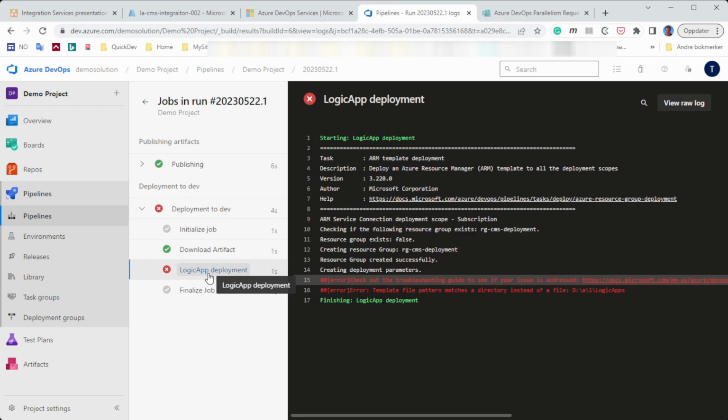Failed. So this deployment will be partly a troubleshooting guide as well. The error message says template file pattern matches a directory instead of a file, and it shows the path on the deployment agent on the DevOps server. This part, logic apps, is an artifact name. We will find it if we go back